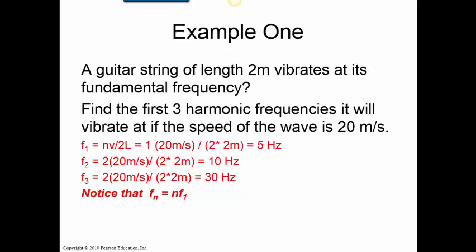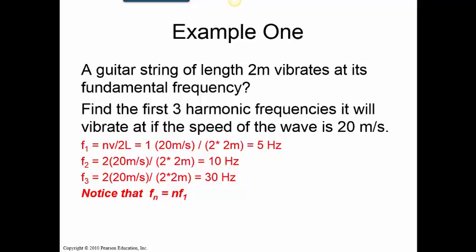A guitar string of length 2 m vibrates at its fundamental frequency. Find the first 3 harmonic frequencies it will vibrate at if the speed of the wave is 20 meters per second. Substituting into the formula for frequency, we get f1 equals nv over 2L, equals 1 times 20 meters per second divided by 2 times 2 meters